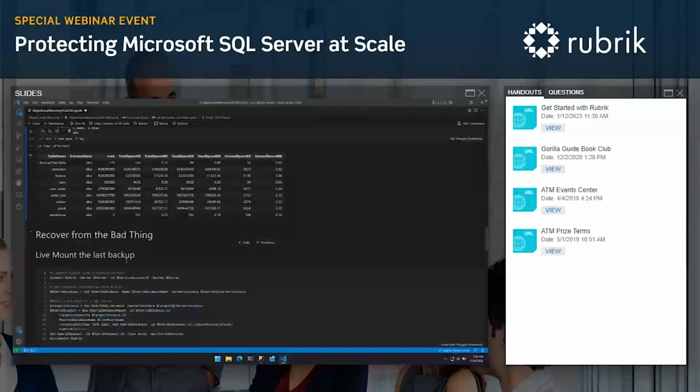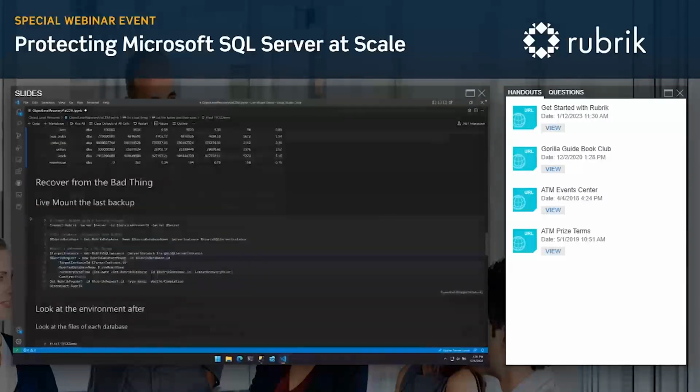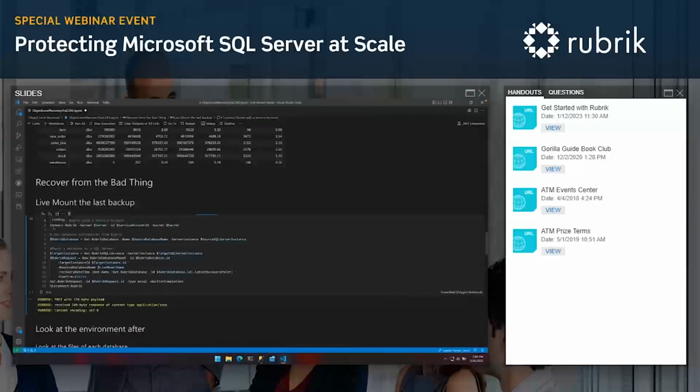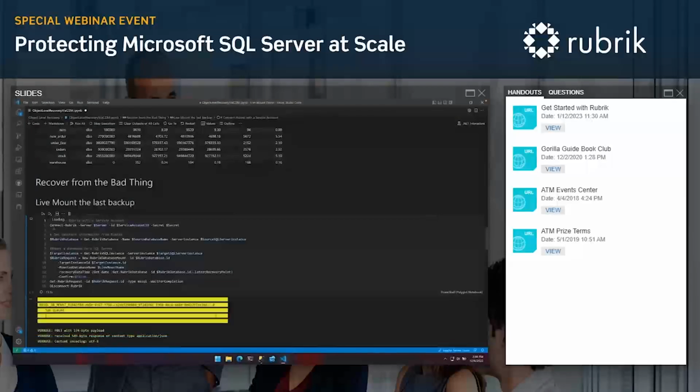First thing we're going to do is live mount the database from the most recent backup that Rubrik has. Now this can be totally done from the UI, but we're going to do this from the API because this just shows that we are API first and that we can do these things right from code. This is helpful because in a lot of cases, DBAs like to use PowerShell to script out different types of operations. They can build out full-fledged recovery scenarios with some PowerShell code.